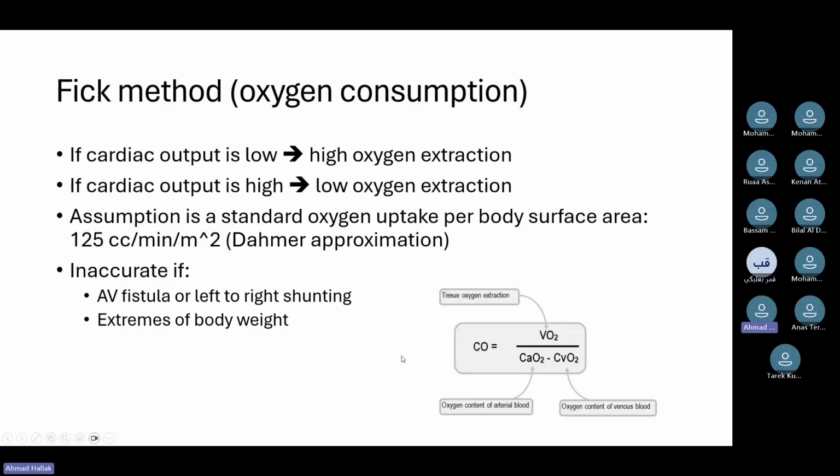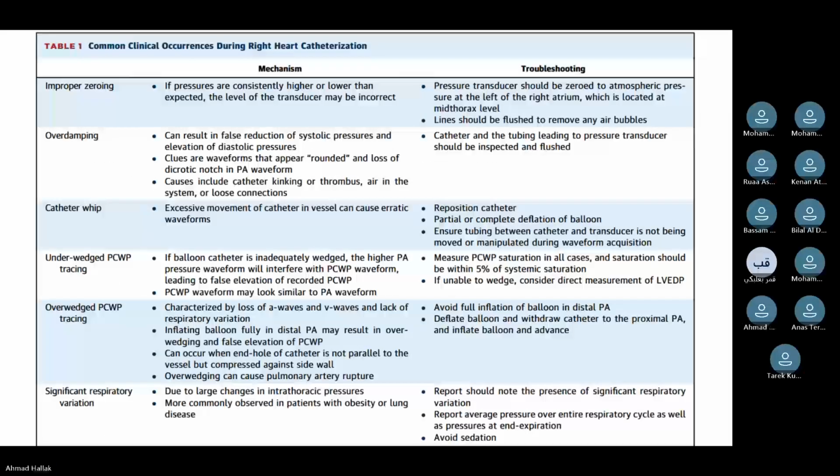And it's important to understand the factors that go into it to understand when you should not use it. If someone has shunting of blood or an AV fistula, these can cause erroneous oxygen saturation, erroneous cardiac outputs based on the FIC method. There's a lot of common occurrences that cause right heart caths to be inaccurate. And right heart cath is something that's very difficult for people,